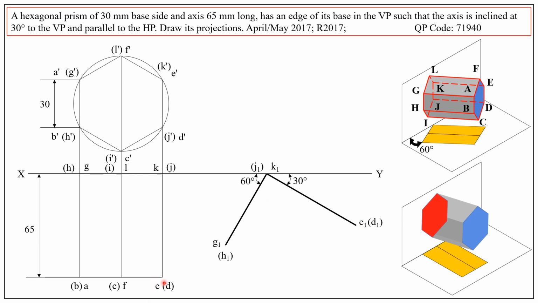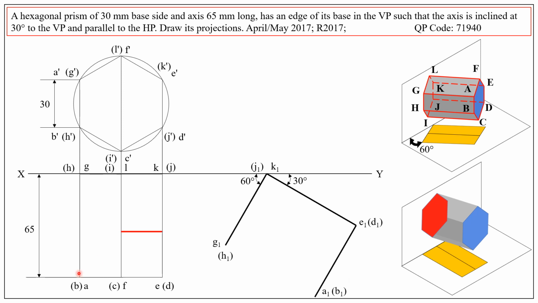After obtaining E1 and D1, try to obtain point AB. For that, again draw a 60-degree line from point E1, or draw a line parallel to this one, and obtain the point A1 B1. The length of this line is equal to EA. So this length is transferred. Now we can join,